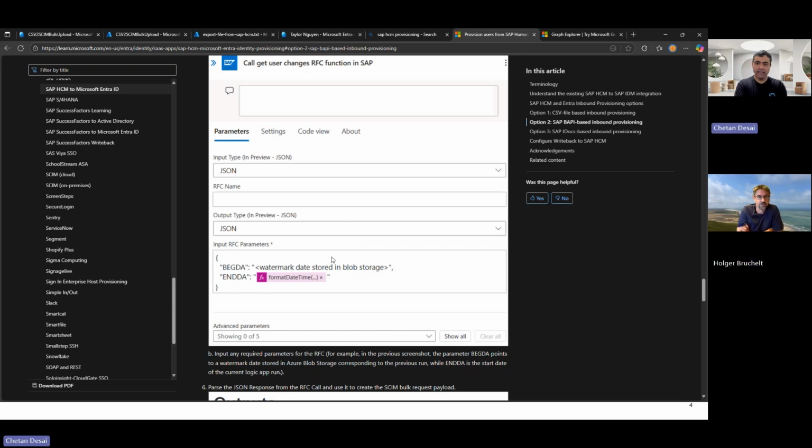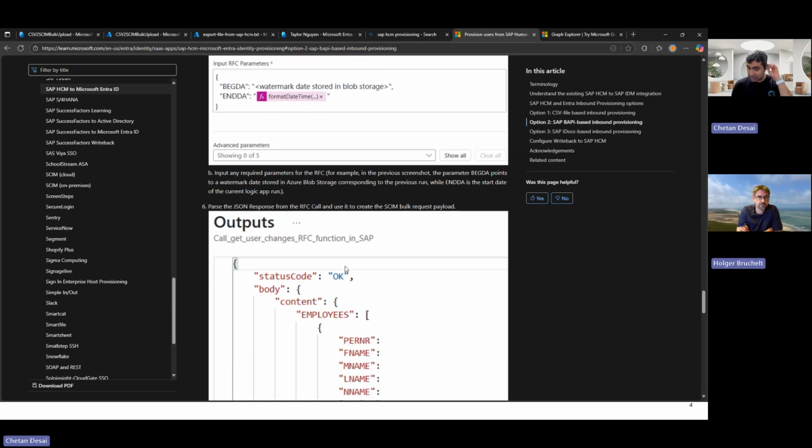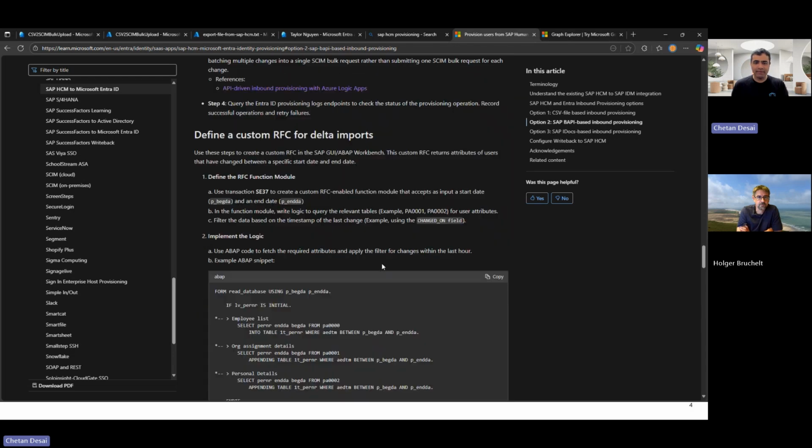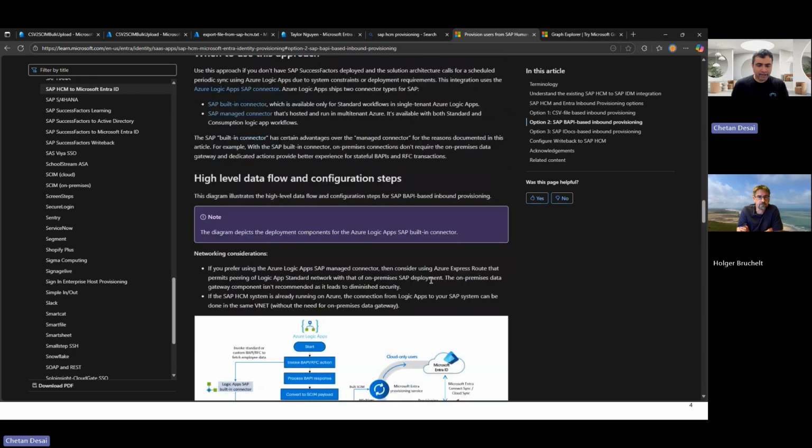Yes. And then there are certain nuances on the SAP connector too. Depending on whether you're using the standard Logic Apps workflows or consumption, there are certain differences. So we recommend that you go through the Logic Apps guide. They have well documented the differences in the connector, and then use the one that best fits your integration pattern. And I remember, Holger, you also gave some good feedback on the specific considerations related to, was it?